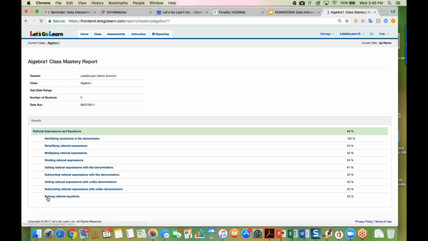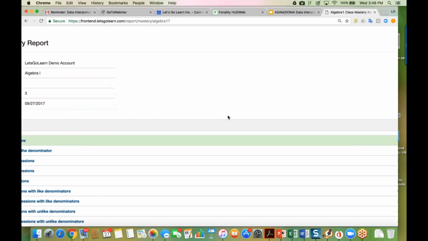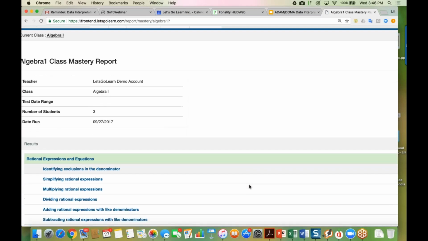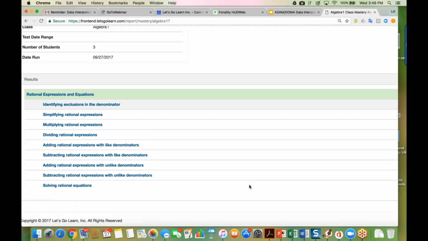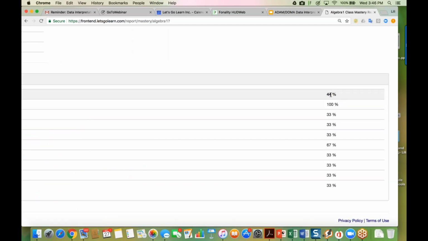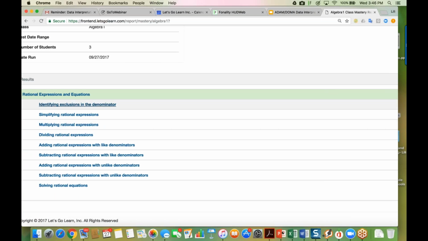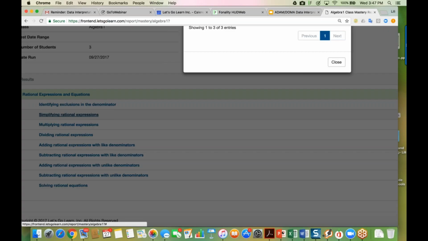When I create that report, it basically tells me the breakdown of all of the different areas that are assessed underneath that construct, but it also gives me the percentage of students that did poorly or did well. So 100% mastery as opposed to 33. Maybe I'm not going to worry about exclusions in the denominator. I want to start worrying here. This is where I really want to start focusing, simplifying rational expressions. And when I click on that,